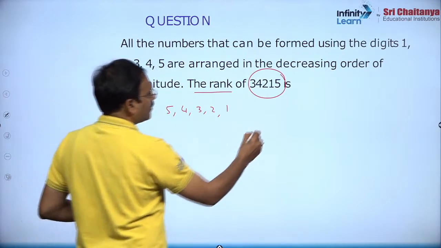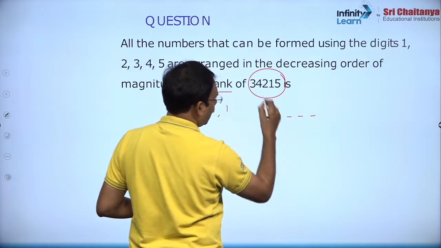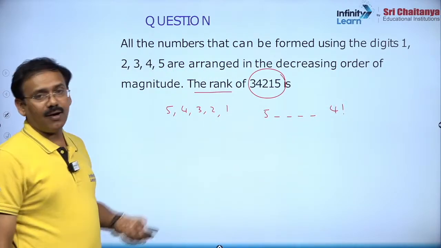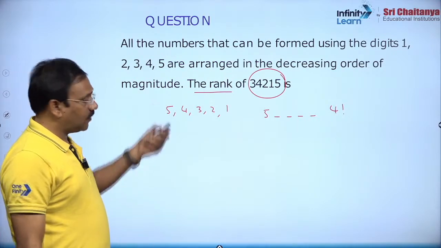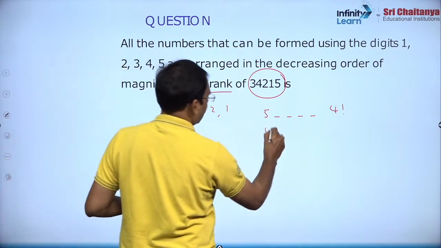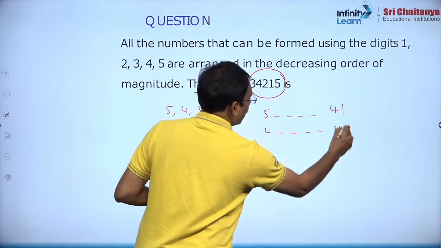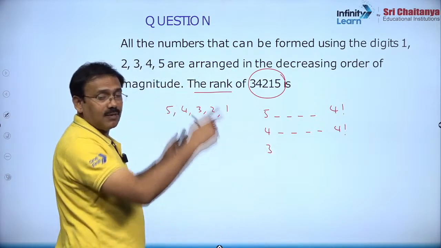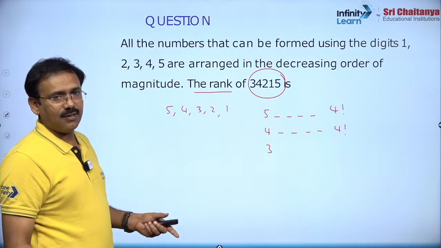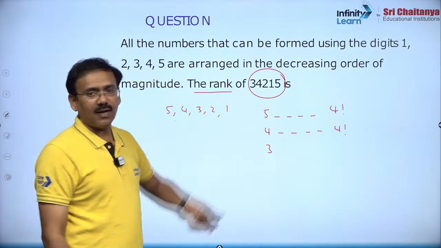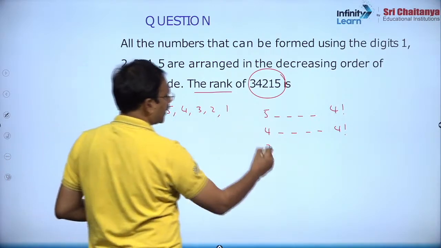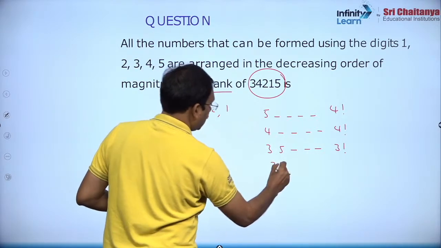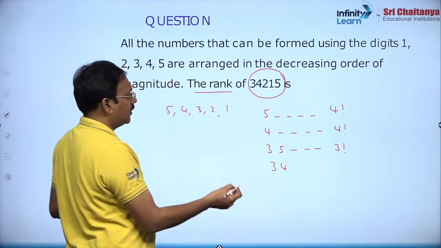सो हमें कैसा फाइंड आउट करते हैं, 5 से स्टार्ट होने वाले नंबर्स कितने होते हैं, अगर 5 फिक्स करते हैं तो 4 फैक्टोरियल होते हैं 24। इसके बाद यहाँ पे नेक्स्ट हम 4 से स्टार्ट होने वाले नंबर्स के लिए वेट करते हैं, ऐसे नंबर 4 फैक्टोरियल होते हैं। इसके बाद 3, हमें 3 चाहिए क्योंकि हम 3 से स्टार्ट होने वाले नंबर्स पूरा नहीं लेते, इनके बीच में ही ये नंबर आता है, इसलिए 3 लेते हैं। 3 के बाद 3 5 से स्टार्ट होने वाले नंबर्स 3 फैक्टोरियल होते हैं।